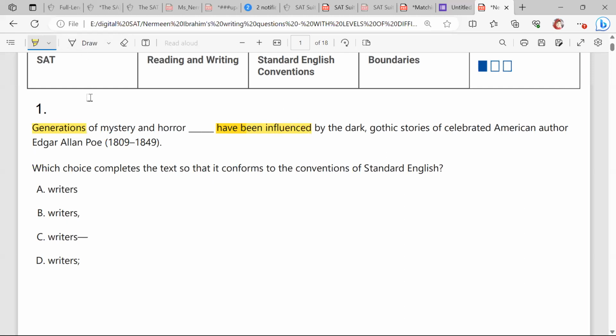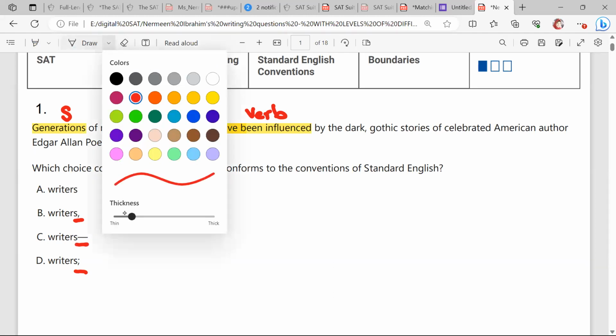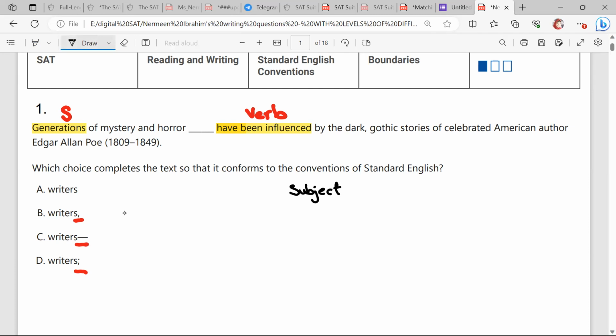First of all, let me stress the fact that we never ever separate the subject from its verb using a single punctuation mark. This is a very well-known rule, okay? If you go for B or C or D, this will make a separation between the subject and its verb using one punctuation mark. So what is supposed to be the rule? The rule says subject, verb with no punctuation at all,